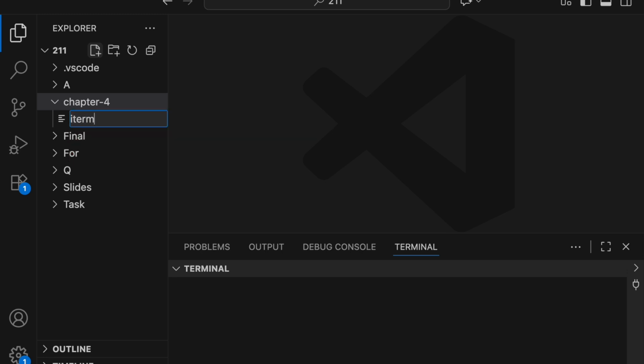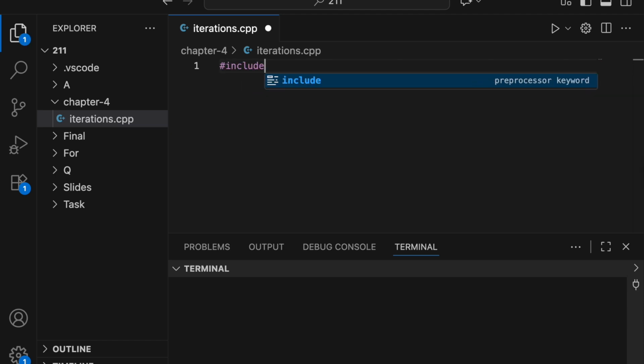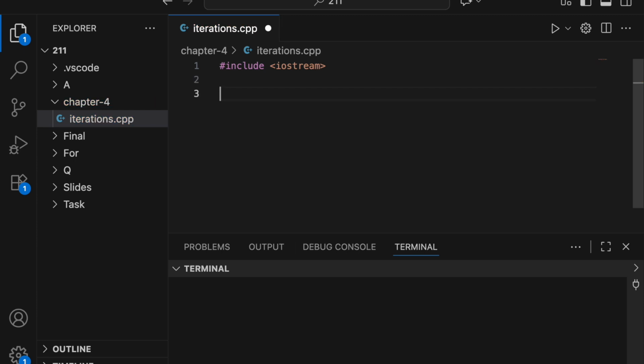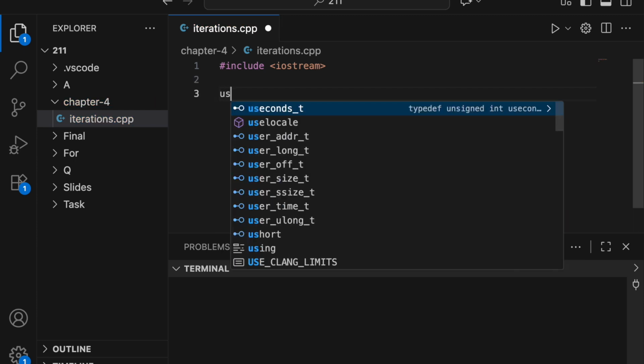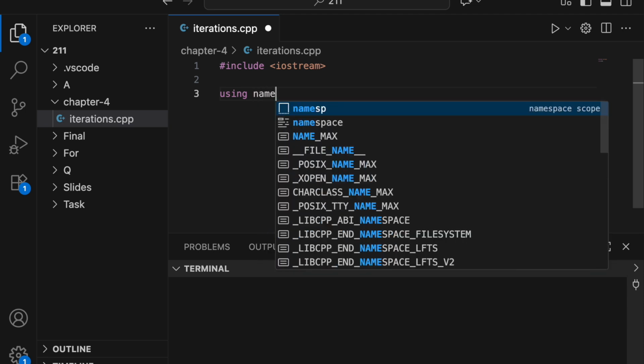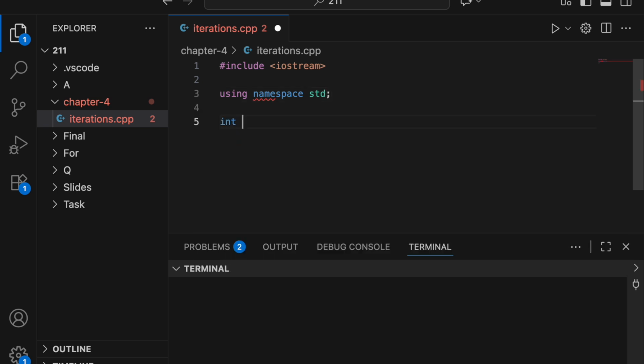So let's name it iterations.cpp, with the C++ extension. And now you are already familiar with this header section, input and output stream, and we use namespace std to avoid using std in front of objects that we have seen, like cout. So int main, and